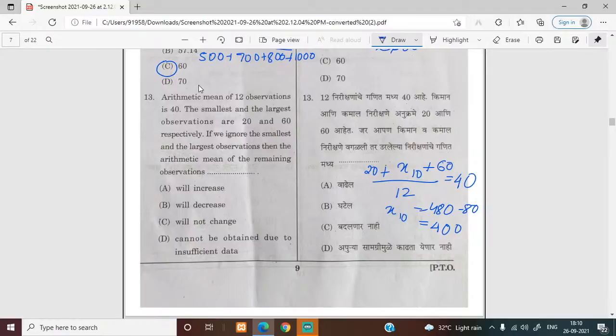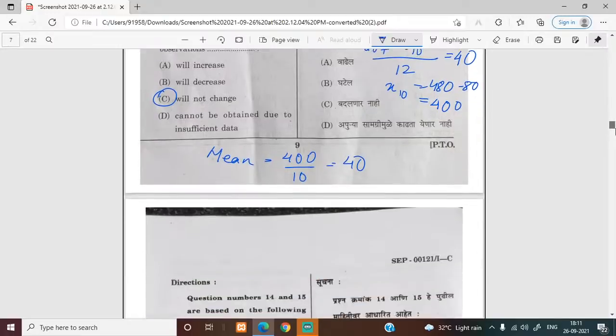So the mean of 10 terms will be 400 divided by 10. It is going to be 40. So the right answer is, it will not change. See, previously it was 40 and then they removed the first and the last term. So the remaining terms, the mean of the remaining 10 terms will be 40. That means it will not change. Okay. Next question is,